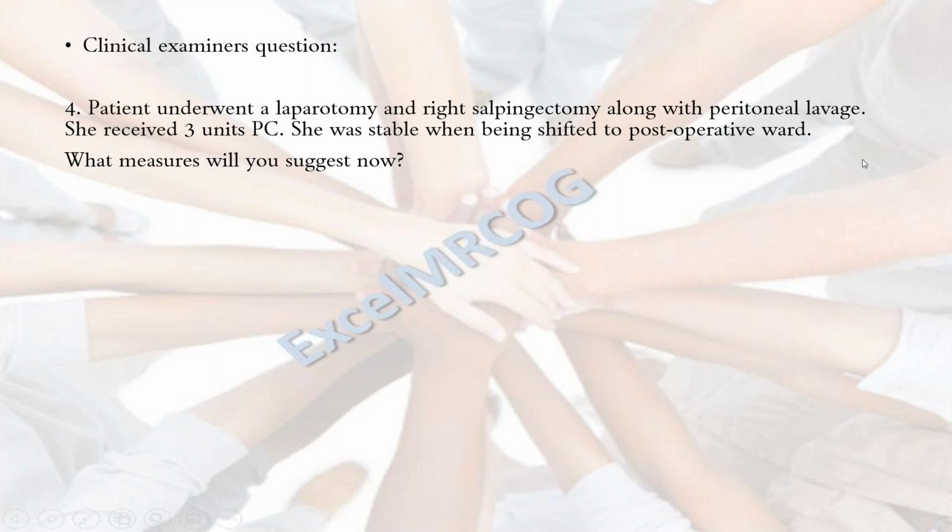And we have to debrief her partner if he has come, and we have to debrief our team also. An incident report should reach the risk management team within 24 hours, and the patient should be followed up with the IV antibiotics, analgesics, and as the right tube has been removed, she will have a repeat urine pregnancy test after 21 days, and